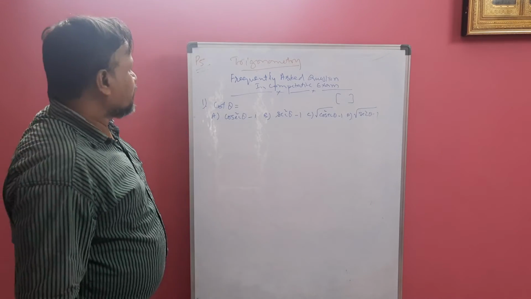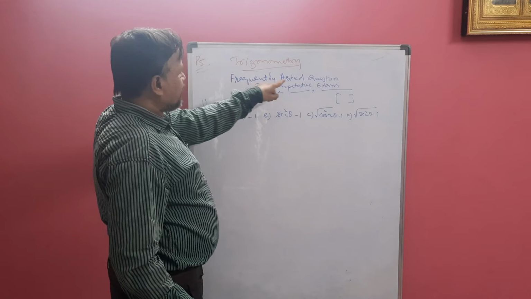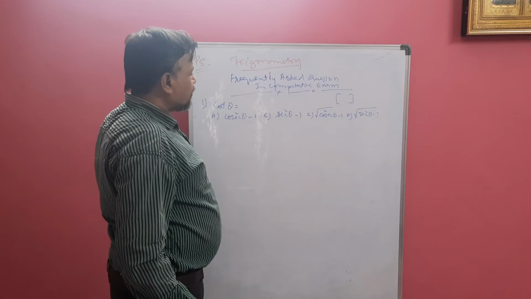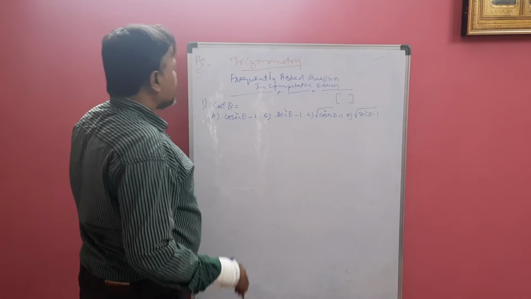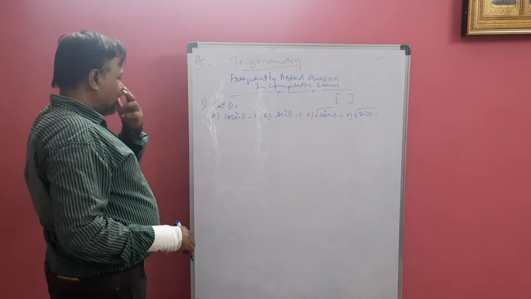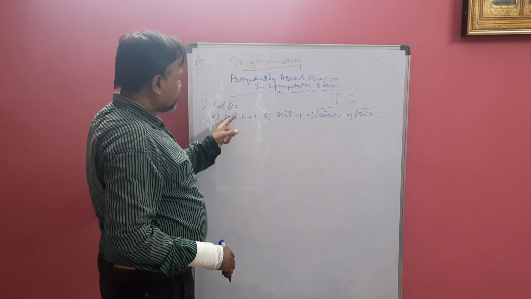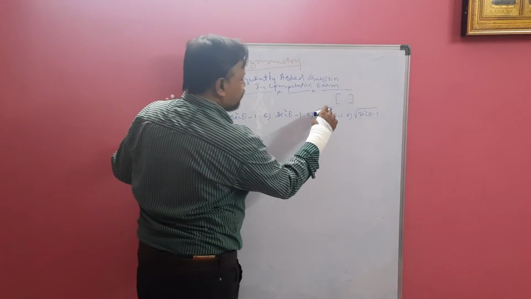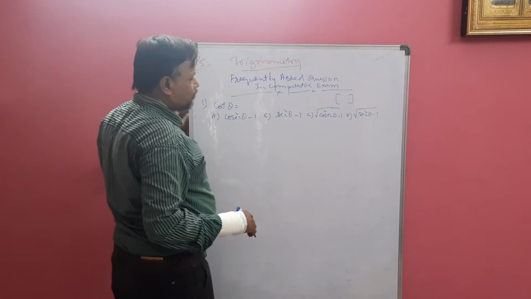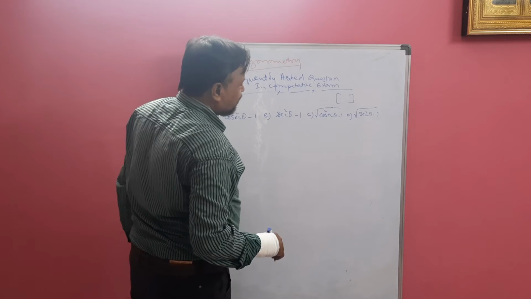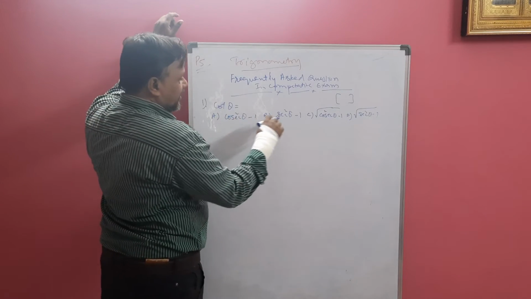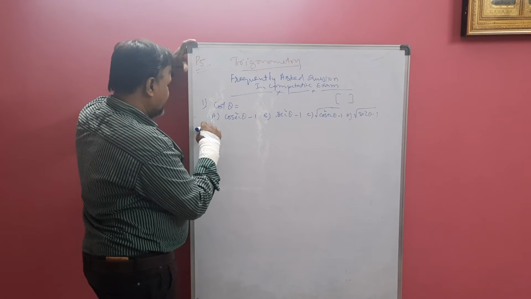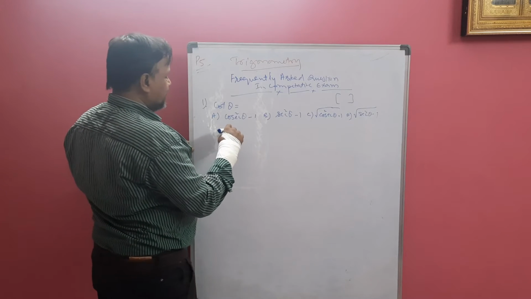Bismillahir rahmanir rahim. Today we are going to solve frequently asked questions in trigonometry, commonly asked in competitive exams. So the first bit: given cot theta equal to a) root over cosec square minus 1, b) sec square minus 1, third bit, cosec square minus 1 and sec square minus 1. You know that cosec and sec are there, given one. We know cot is related to sec or cosec. We know our identity is there, the third identity, the square identity.